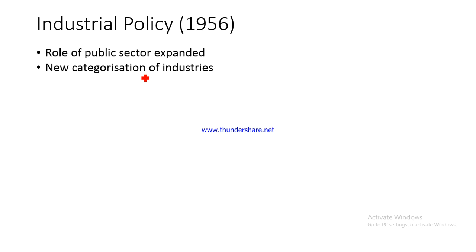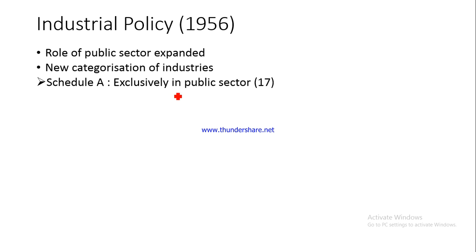Earlier in 1948, let me tell you, there were four categories of industries. So industries were basically categorized into four different categories. Now this system of categorization was changed, and now the categories were reduced to three. And the first category was known as Schedule A, which only had those sectors which were exclusively in public sector